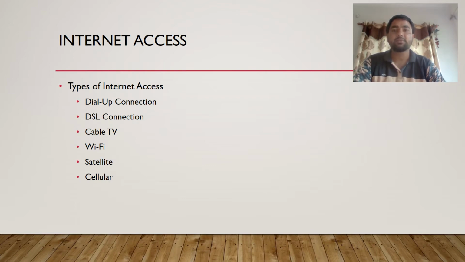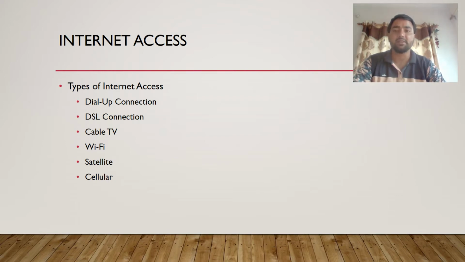There are various types of internet access, and the first one is a dial-up connection. Dial-up is a type of connection in which every time you want to connect, you have to dial a number. When you dial the number, you will get connected to the internet. When you are not in use, you can disconnect the internet connection. So this is a temporary, that means need-based, internet access. When you need it, you can have access to the internet, and when you do not need it, you can disconnect the internet connection so that your resources are saved.